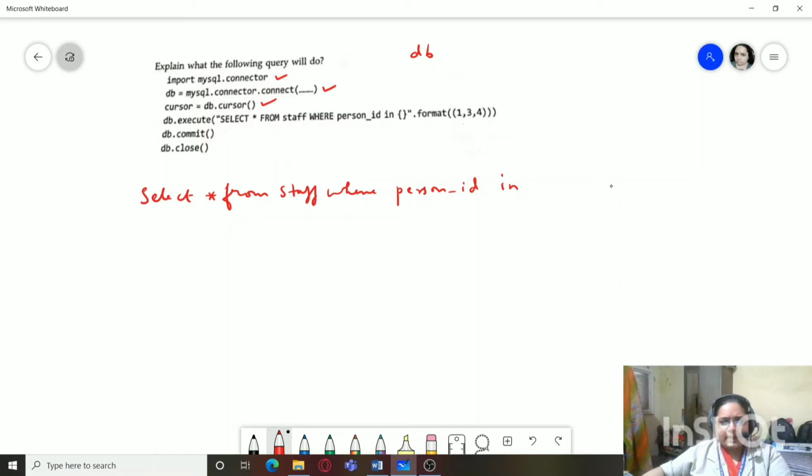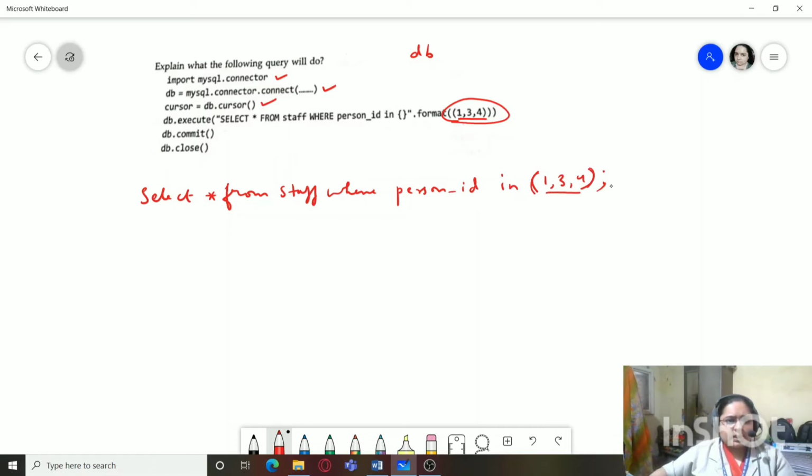Okay. There is a small mistake over here. Normally when we are using in, we should use a parenthesis to provide the values. Otherwise, this particular query is going to give me an error in this case. Why? Okay, fine, it won't be an error. One second, I got it. The reason being, I am already using this bracket, inner bracket over here. You can see an inner bracket within the format. So that inner bracket would be taken as a list of values.